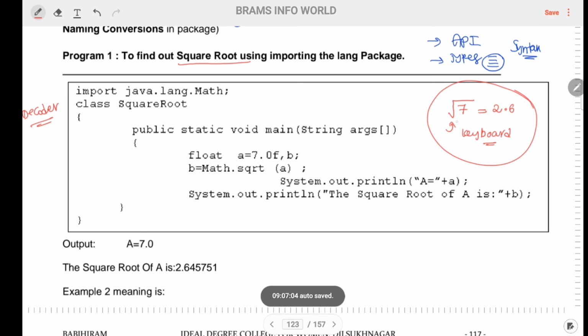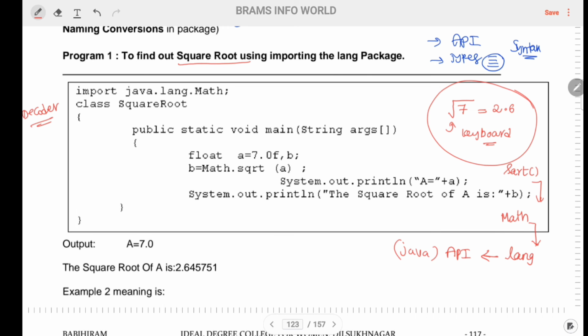To define square root, there is a function called sqrt. This sqrt is a function which belongs to the Math class. This Math is one of the classes of the lang package, and this lang is one of the packages which belongs to the API. The API name is called Java. So that is the reason we are using import java.lang.Math and class SquareRoot.